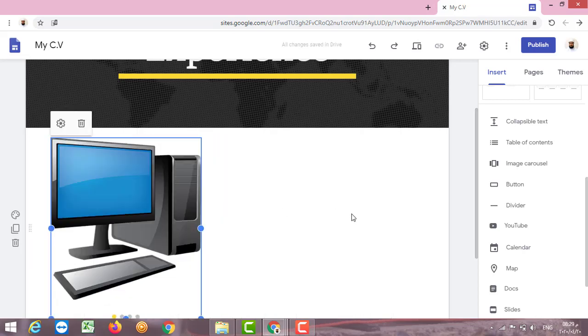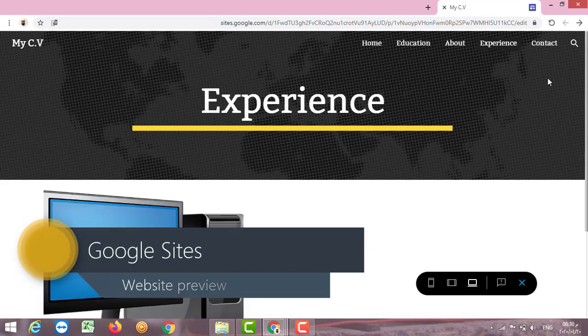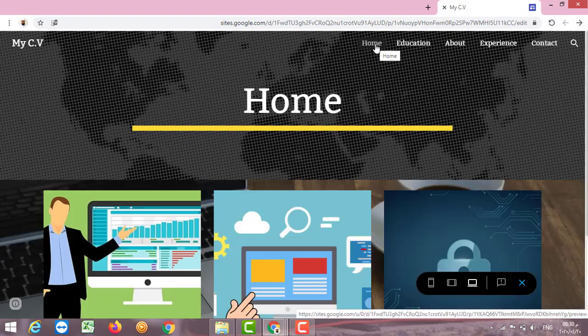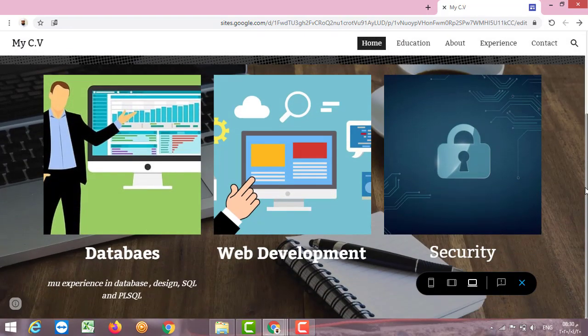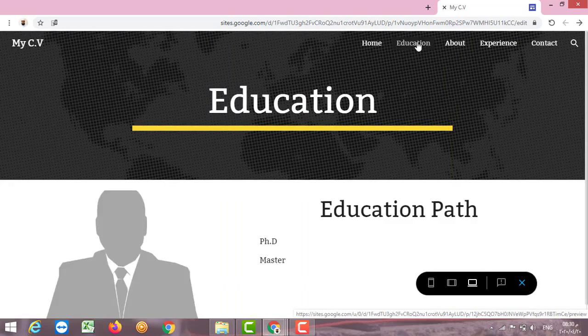Now this is the creation of the website. How can we make a preview for the website? Using the preview icon, click on preview. Now we are in the preview mode. You can see we can navigate between the pages, and this menu is created automatically.